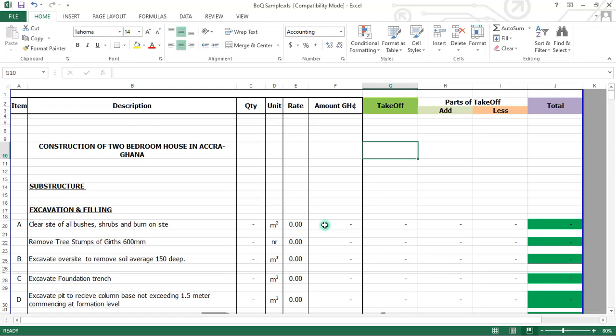This particular stage is a question that one of the learners wanted me to address. The question was, how do I format this Excel sheet in this manner in the areas I click? And if you check here, you realize that we have